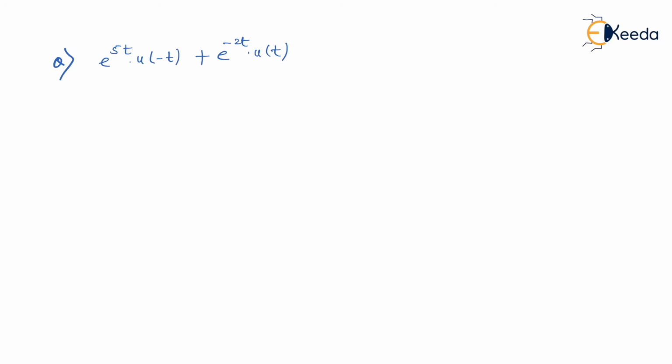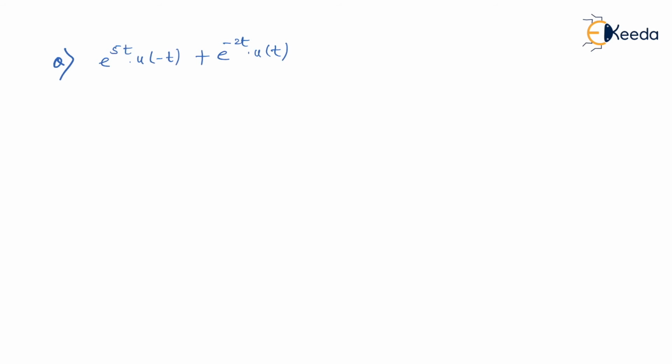Imagine there are two signals, one of which is a right-handed signal and the other a left-handed signal. What if these two signals are added? Then we will get a signal which is present at the left-hand side also and at the right-hand side also. In that case, the signal becomes a both-sided function. Such a function is said to be a non-causal function. I repeat, this is a non-causal function.